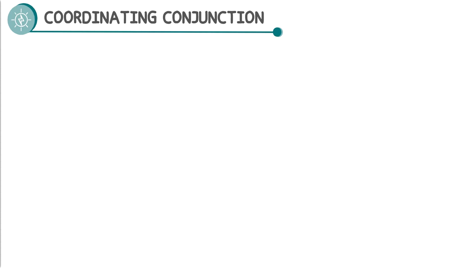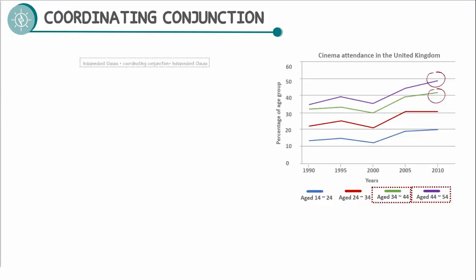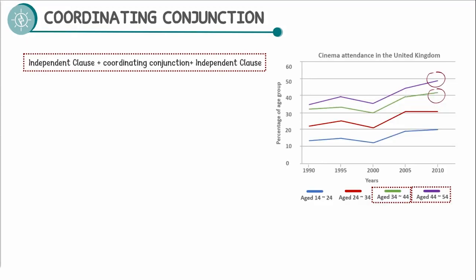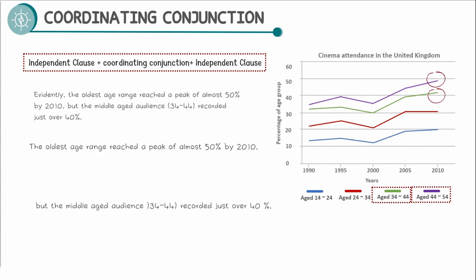How can we use it in writing a report? Let us check this pattern. Independent clause plus coordinating conjunction plus independent clause. Let us then go over this example. Evidently, the oldest age range reached a peak of almost 50% by 2010, but the middle-aged audience, 34 to 44,